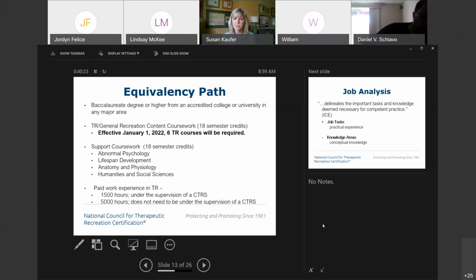The only difference with the 2 paths is that one academic path requires an internship that would be completed for academic credit under your program. The equivalency path allows for paid work experience in therapeutic recreation.